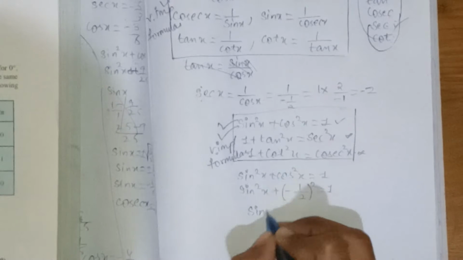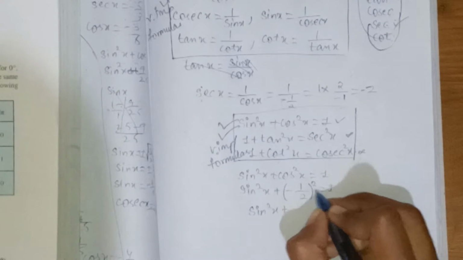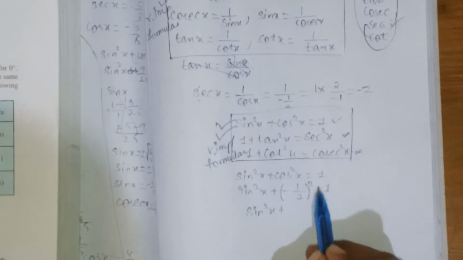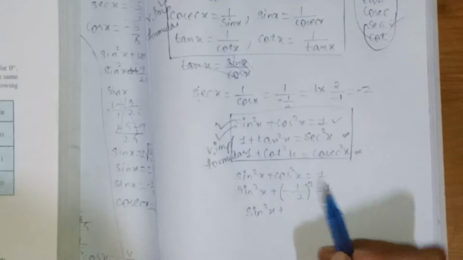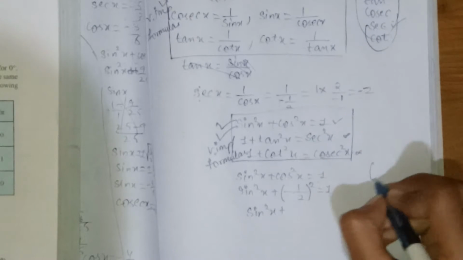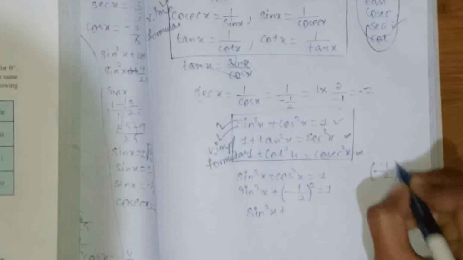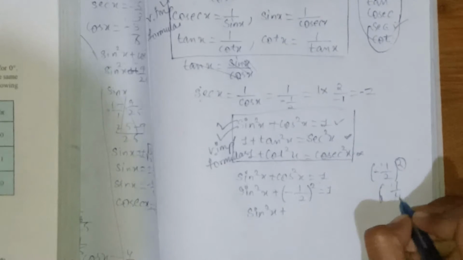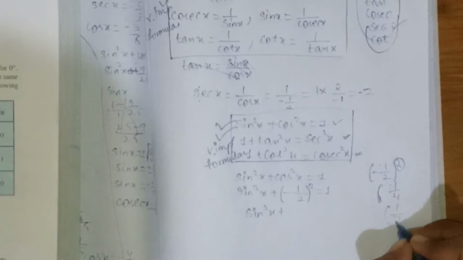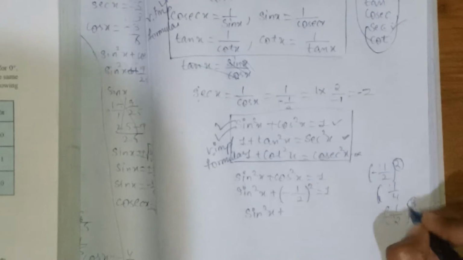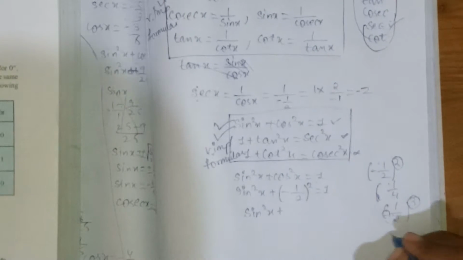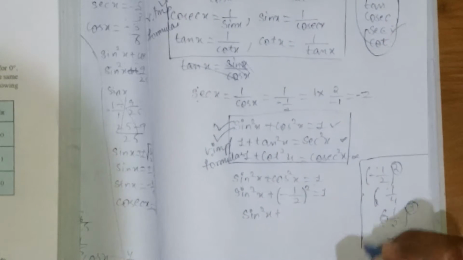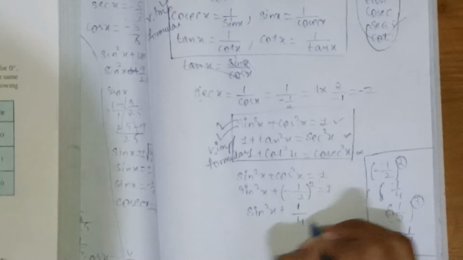So when you get like this, see, when the power is even, this minus becomes plus. When the power is odd, this minus remains the same. Here the power is even, so this will become 1 by 4. Suppose it was 1 by 2 whole cube, this is odd, so this minus remains the same, minus 1 by 8. I just said that for example, to understand easily. Okay, 1 by 4, 1.